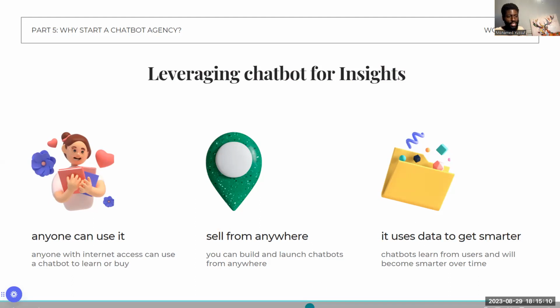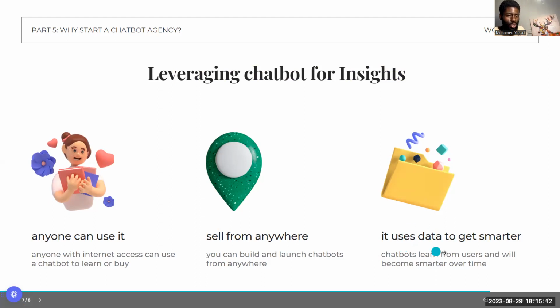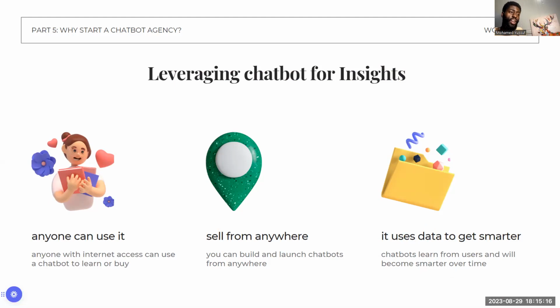Okay. And then lastly, it uses data to get smarter. Chatbots learn from users and will become smarter over time. So people that use your chatbots will slowly start to see, like, dang, this thing actually works. This thing is actually smart. Wow, look how much information I'm getting from this. And these insights help companies make more money. So when companies use this data, when the chatbot gets smarter and it gives you more information, and you use that information to become smarter and use that information to sell companies more